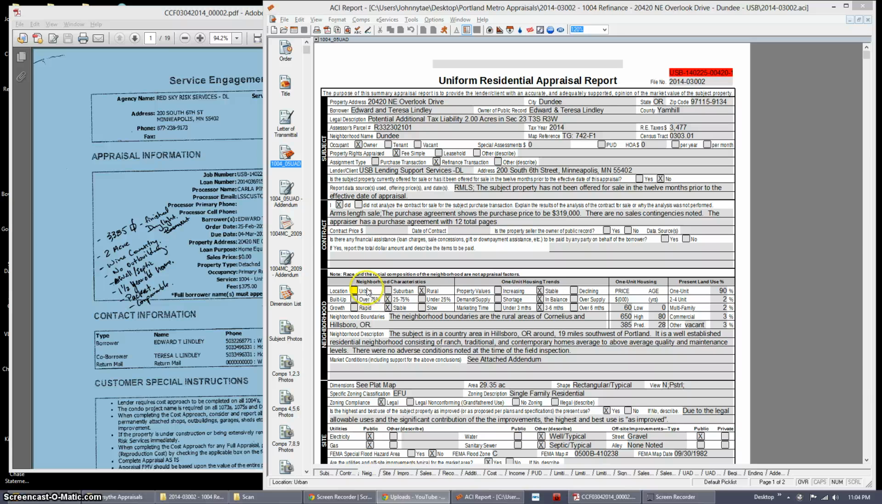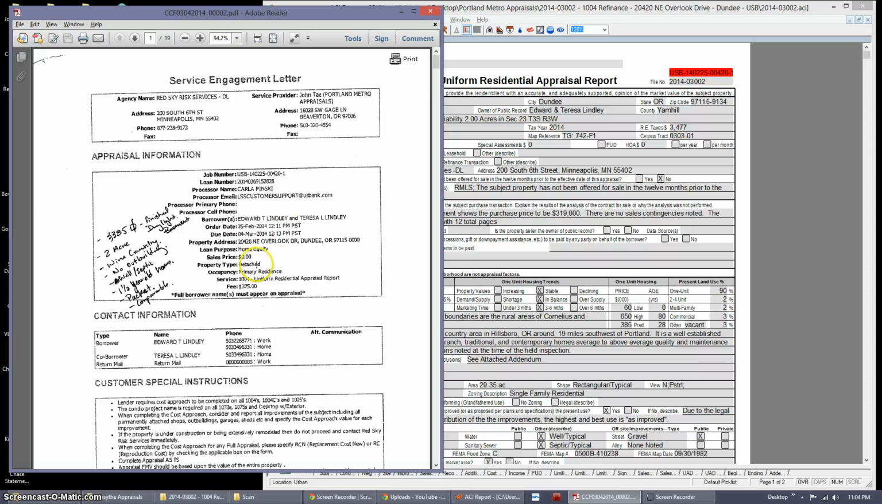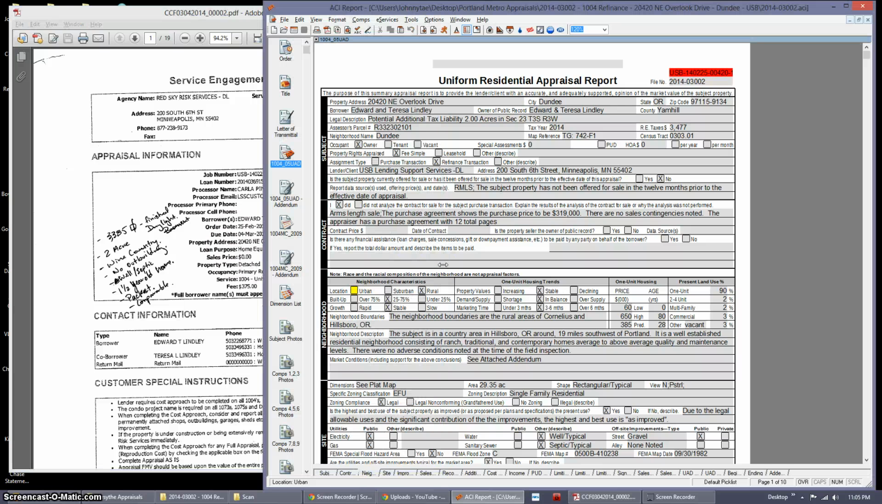Okay, this next section is for the neighborhood section of the report. The current property that we're looking at is a rural property. Now, what I need you to do is understand what urban, suburban, and rural are. Okay,